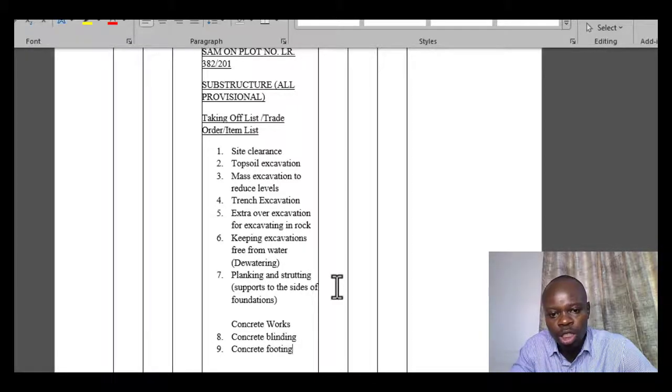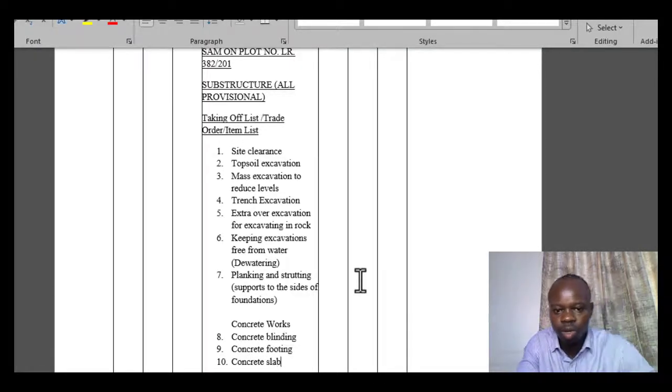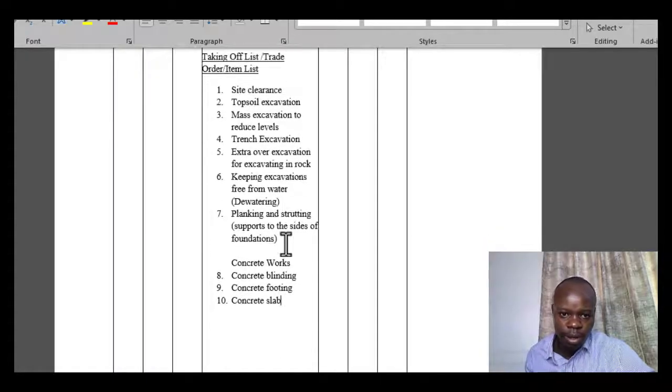So we've talked about concrete blinding, concrete footing next, and then any other item that is going to be associated with the concrete. You can have, for instance, the concrete slab. Because this type of trade that we are using to prepare our bills of quantities is one that is meant to make your work even easier, there are items that fall later in terms of classifications, but they are measured under this item. And the reason is, for instance,